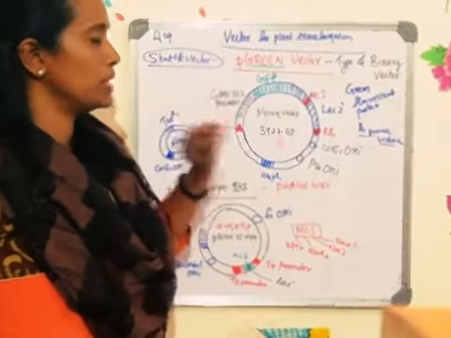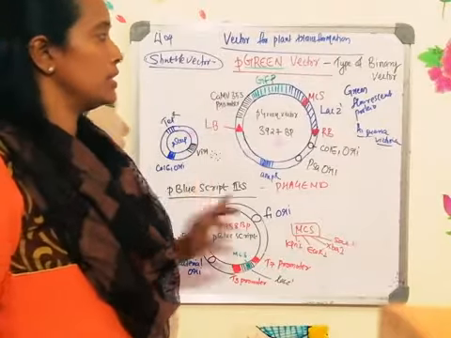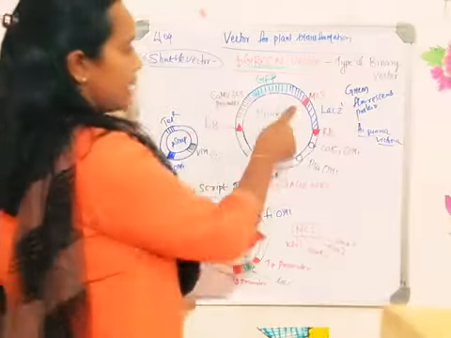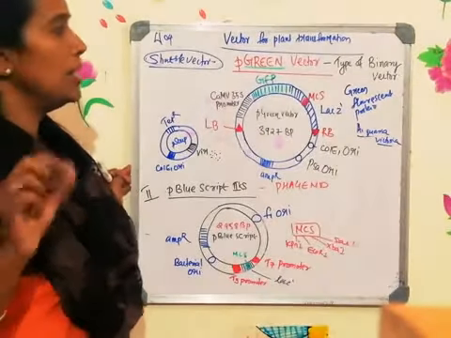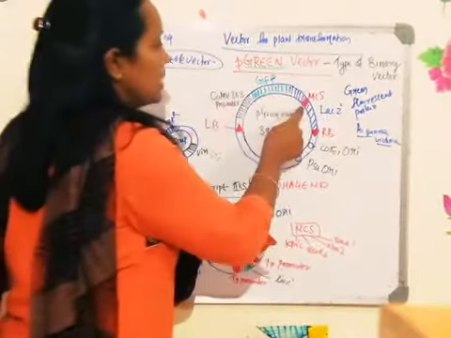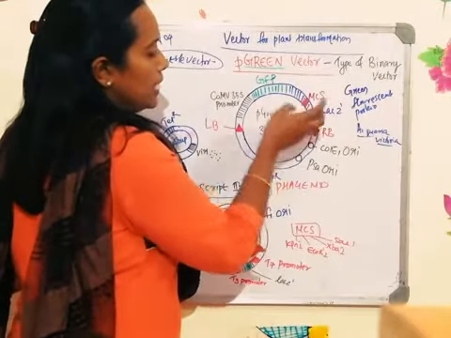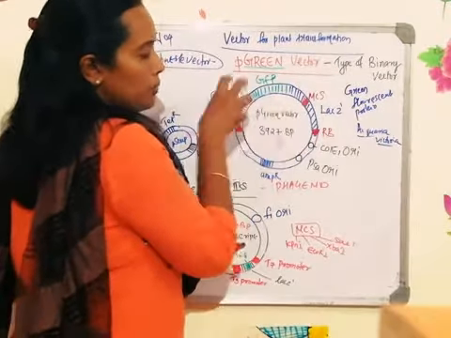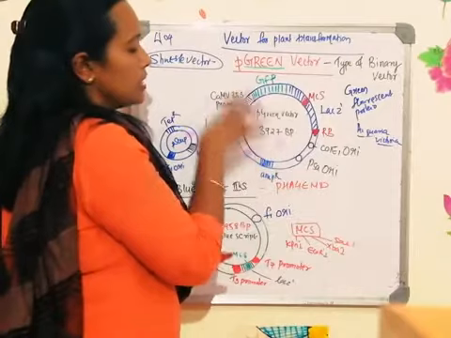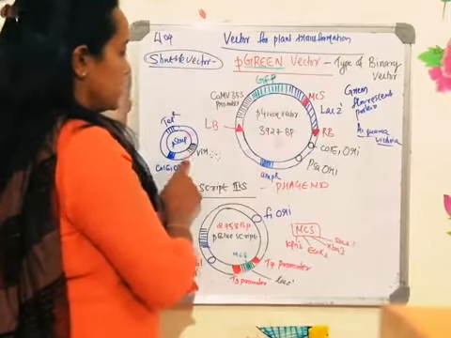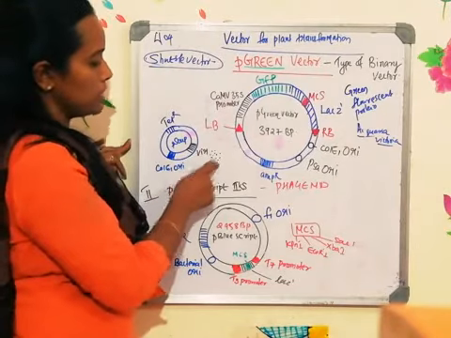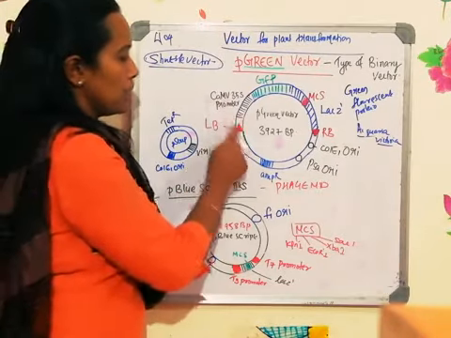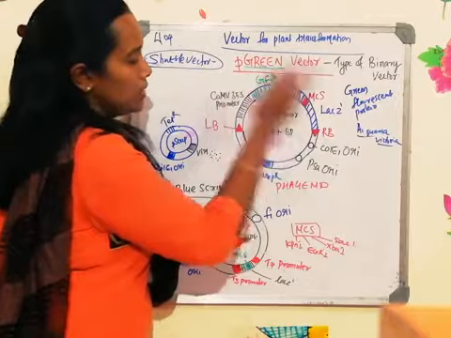So whenever you are doing gene cloning, you need to identify the restriction sites which are there in the MCS. Use those restriction enzymes, cleave the MCS, introduce the foreign DNA, ligate the vector, and then put it into the Agrobacterium tumefaciens. And from Agrobacterium tumefaciens, since this helper has the virulence genes, virulence proteins will be expressed. Virulence proteins will help in the transfer of this particular DNA into the plant cell.